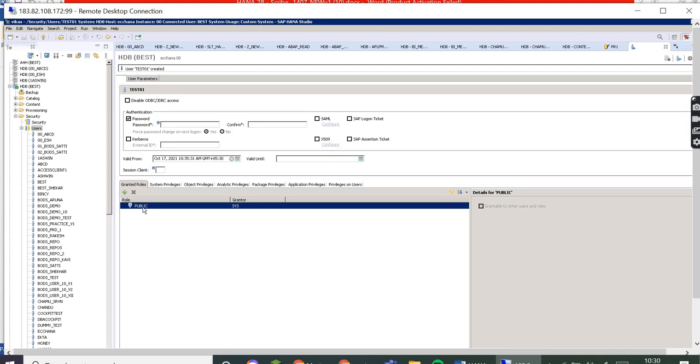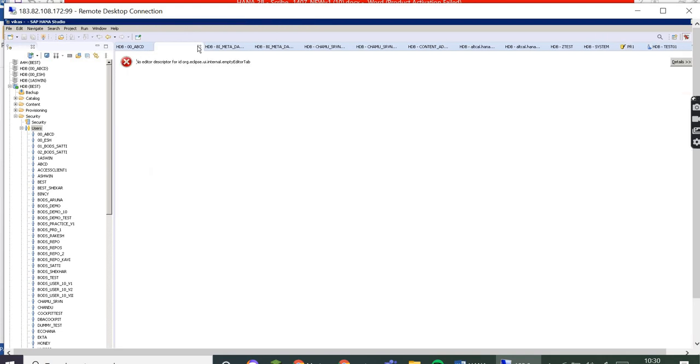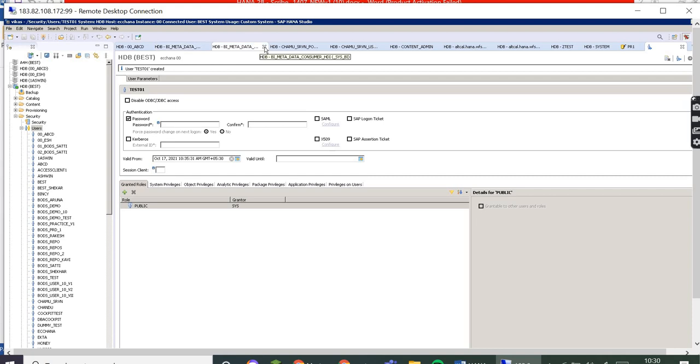That is the main point here: whenever we are creating any user, it will show all the folders. So let's close some of them.